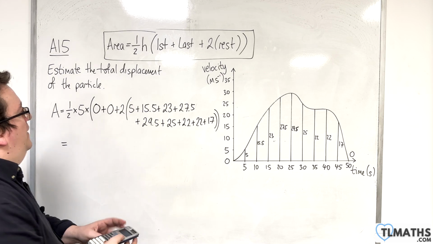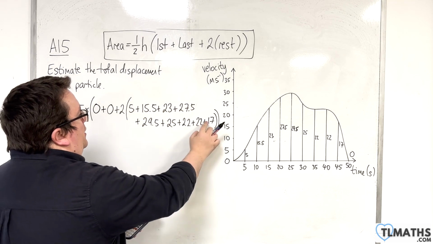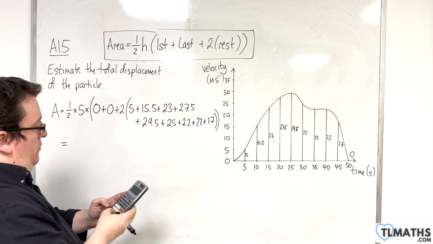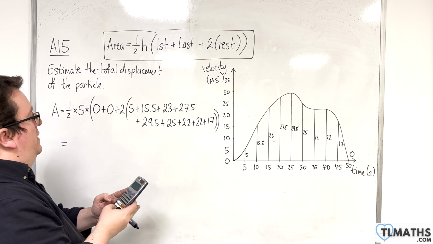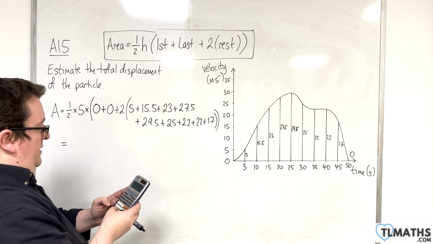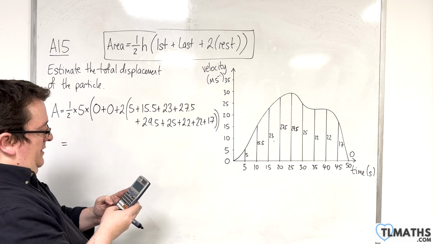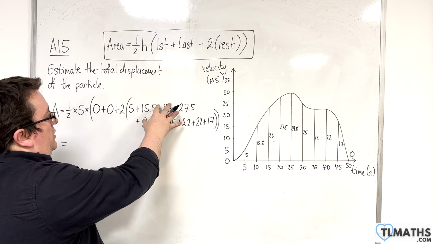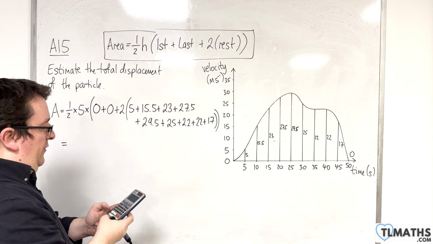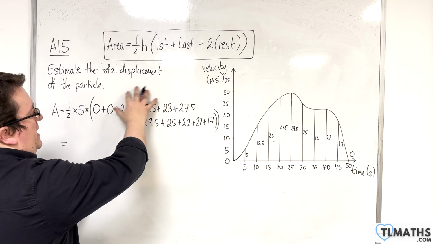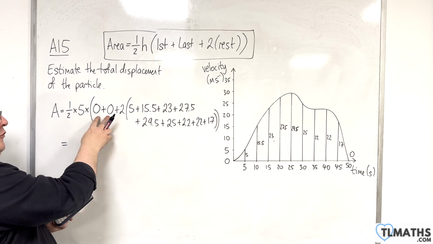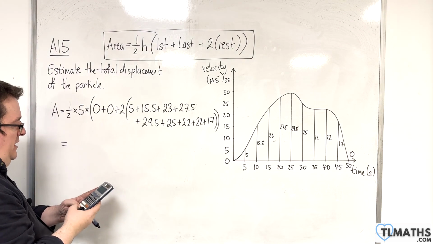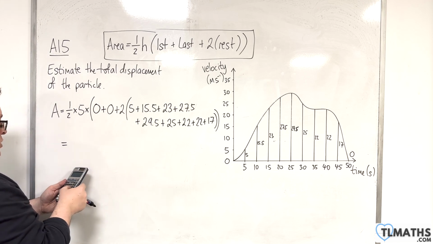First of all, I'm going to work out what's inside this interior bracket. So 5 plus 15.5 plus 23 plus 27.5 plus 29.5 plus 25 plus 22 plus 22 plus 17. So that's 373. Then I'm going to multiply that by 2. So now we're at 373 over 2 times 2. Adding on the 0s isn't going to change anything. Times by 5, divide by 2, and we should get